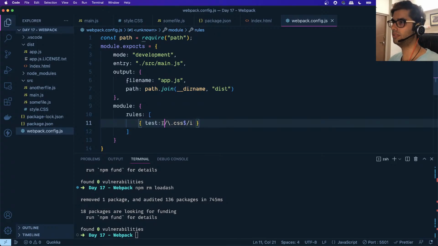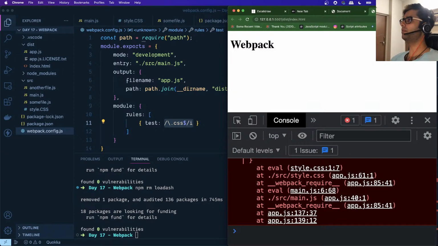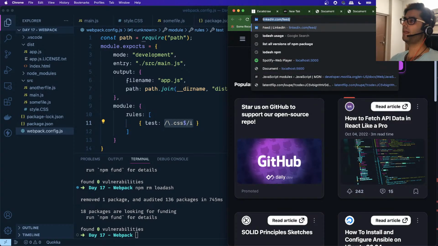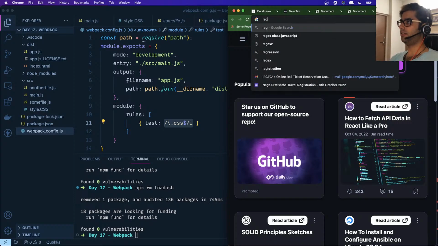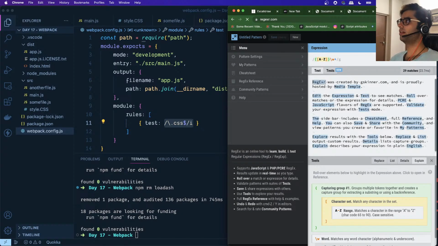So this is something which is known as a regular expression or a regex. You can go through this. There are different sites available where you can learn about this. So one of the good sites which you can use is known as regexr. You can go to this website, and